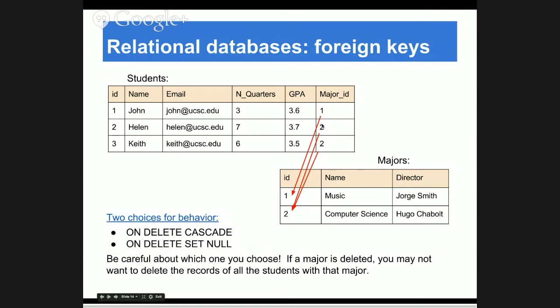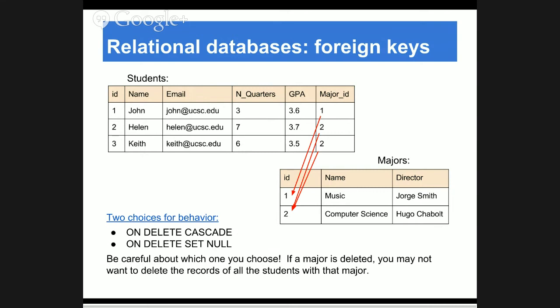Now, these numbers here, this major ID is called a foreign key. That, to me, always appeared like a mysterious and scary name. But what it means is that these 1, 2, 2 are keys into other tables. So they're essentially the IDs inside other tables. And these things are very easy to create in Web2Py. But the difficult thing to do is to remember one thing.